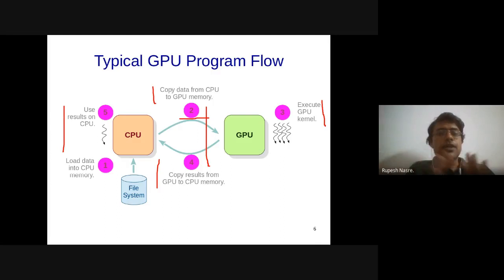However, if you offload some computation to the GPU and control comes back to the CPU, and then you go back to the GPU, it's possible that the memory that you had allocated in the first iteration can still be intact on the GPU, which means that you will be able to make use of the results across iterations in the GPU itself.